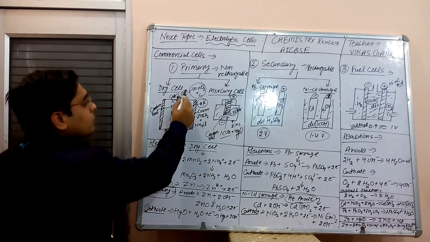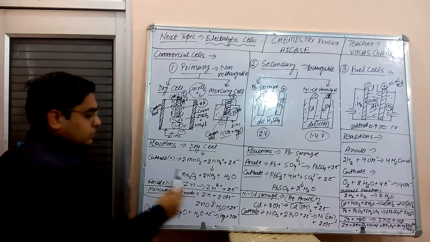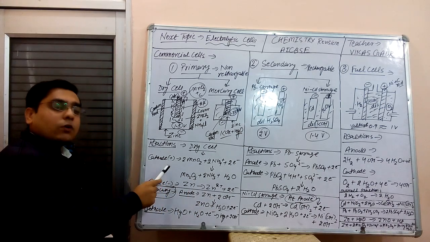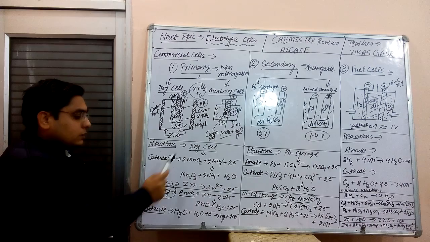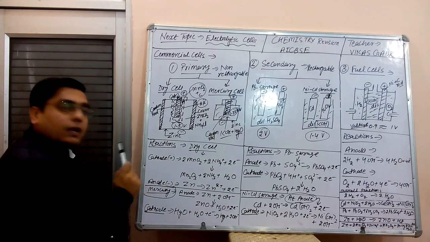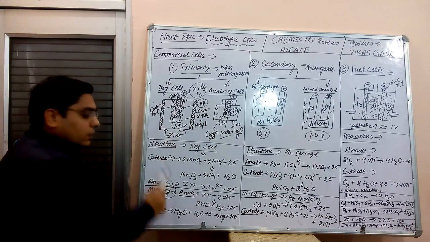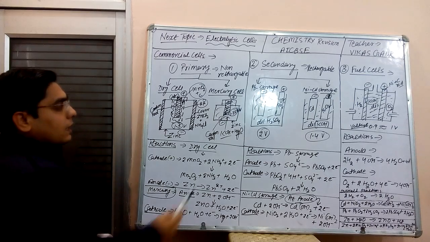This acquires negative and positive charge by these reactions. The reactions are important from the exam point of view. These reactions of cathode and anode are important. Cathode positive and anode negative. In lead storage